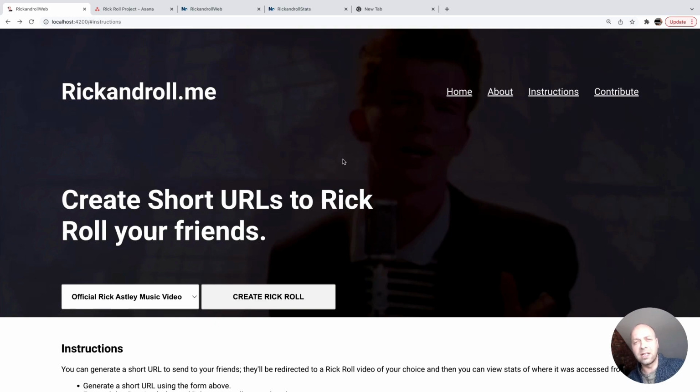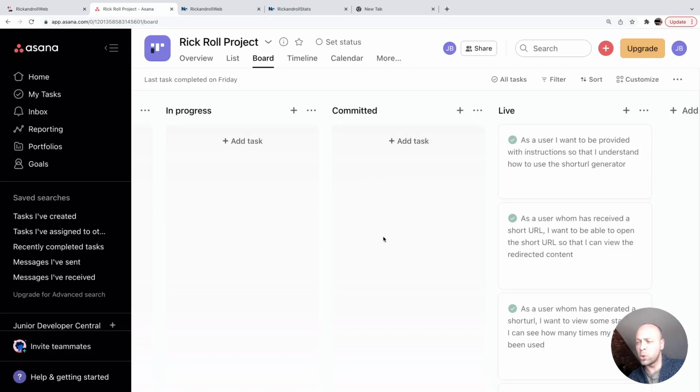And hopefully we've seen a little bit of the life cycle of a project as well. We always had our board here with all of our user stories that we're keeping track of and seeing how things progressed and how new features got added as we progressed through the project as well, which is something that if you're working in a real company on a real project, then obviously that's the kind of thing that might happen. But hopefully you found the project useful and you've learned a thing or two here and there, and I